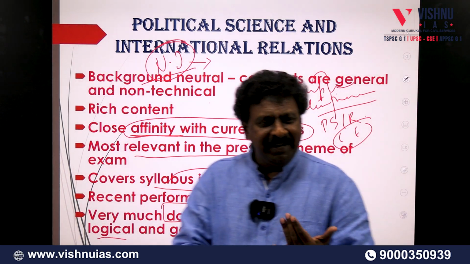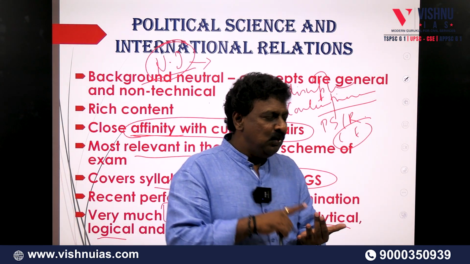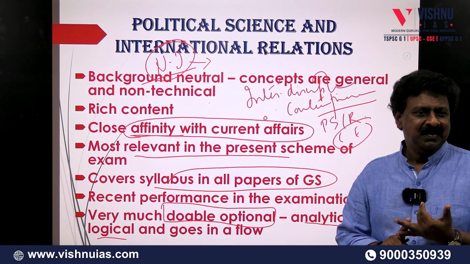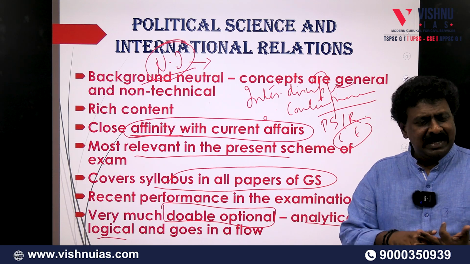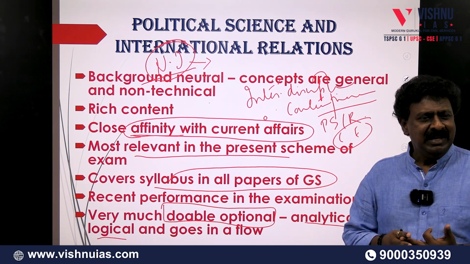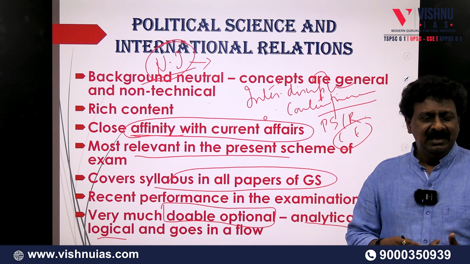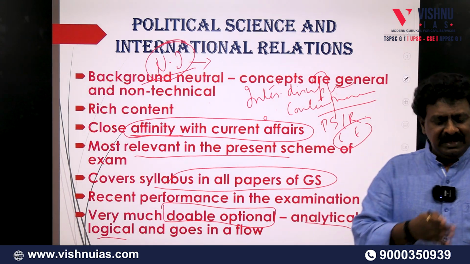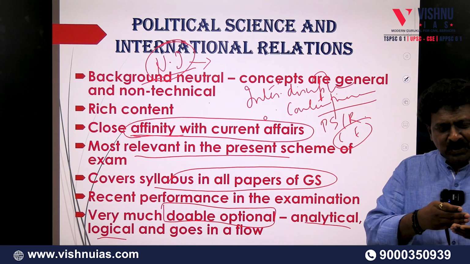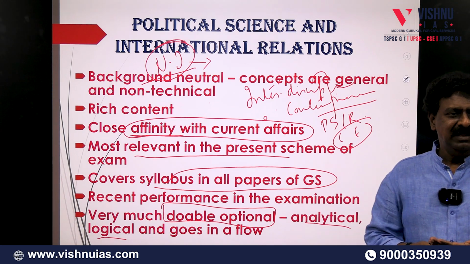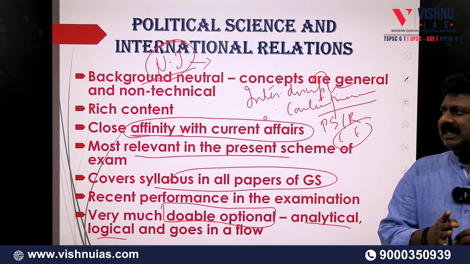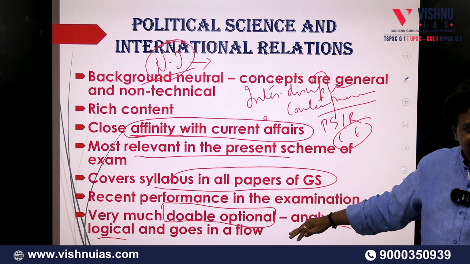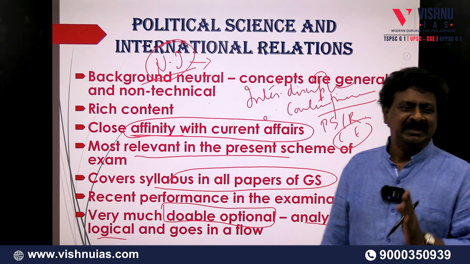You start with Western political thought, and then you slowly start looking at the concept of state. Then you slowly look at the idea of sovereignty, for you to get a proper understanding. Then you look at ideologies: liberalism, Marxism, socialism. There is a proper sequence in the way you approach the subject, so it's not at random. You don't start with the first topic in your syllabus. You actually start with the very last topic in Section A, Paper 1, that is Western political thought.